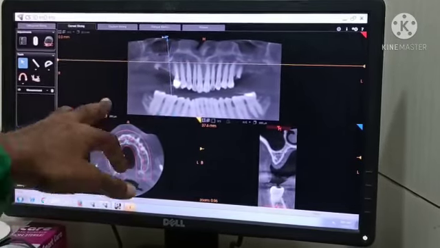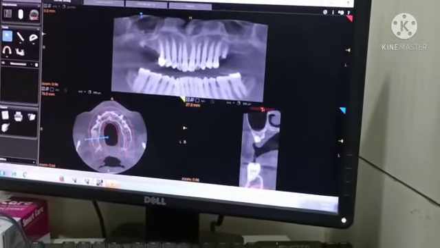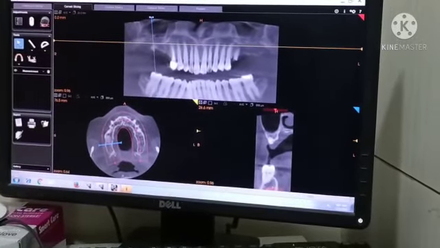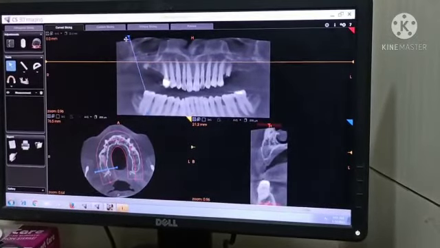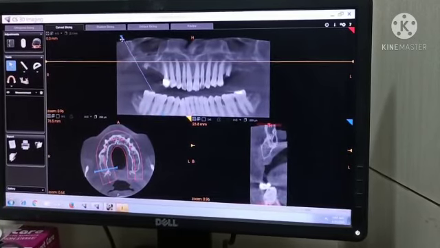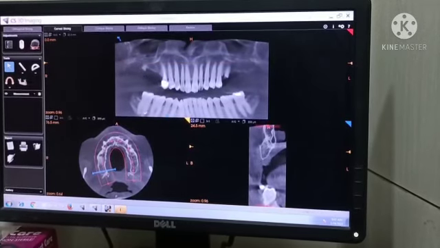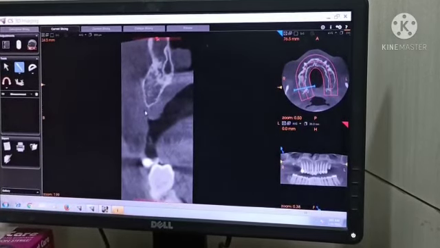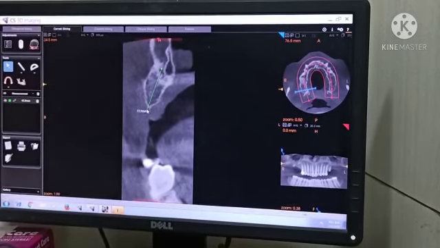And now we are seeing the section in the 7 region. Here the bone is very less, right? Even some small root stump is there, okay. We will leave it because it is not giving any trouble. Now we are angulating, okay. Now we are angulating. Okay. Now we can start from here to here. It is around 16. We are using this.